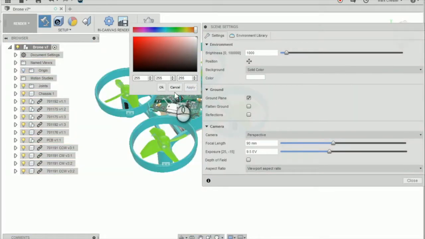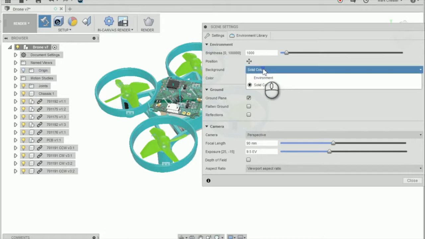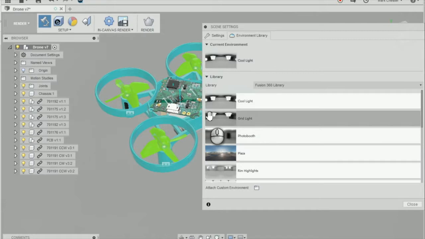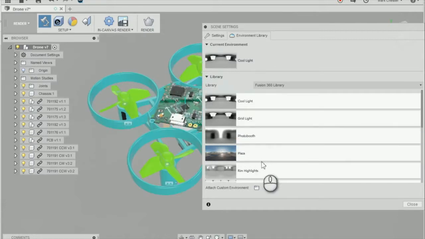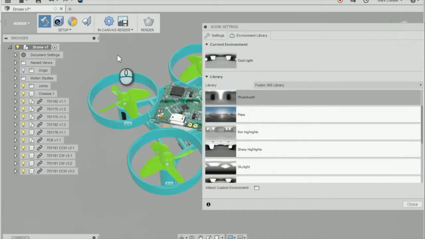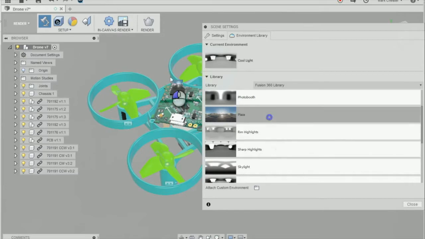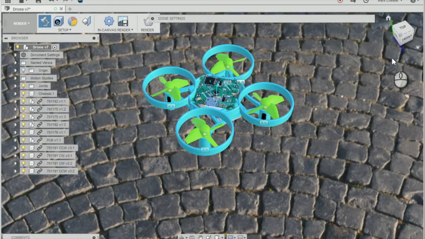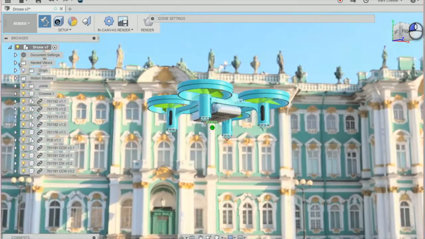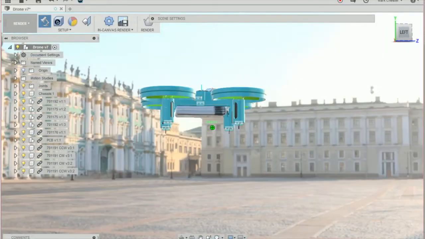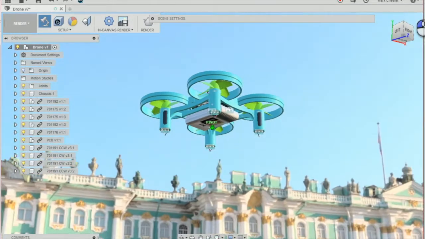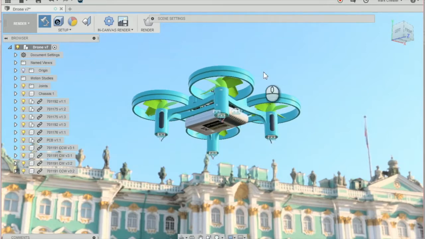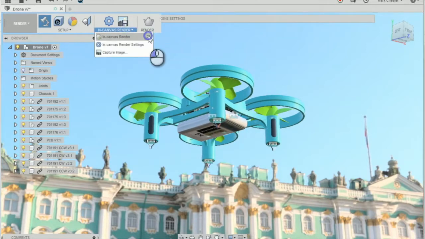Or additionally I can also change the background to an environment using the environment library, and I can drag an environment onto the background here. I'm going to choose the plaza. I can then use the view cube here just to get a good view of my drone. I'm going to have one sort of hovering above this building here. And once you're happy with the view, you can then go to in-canvas render here,